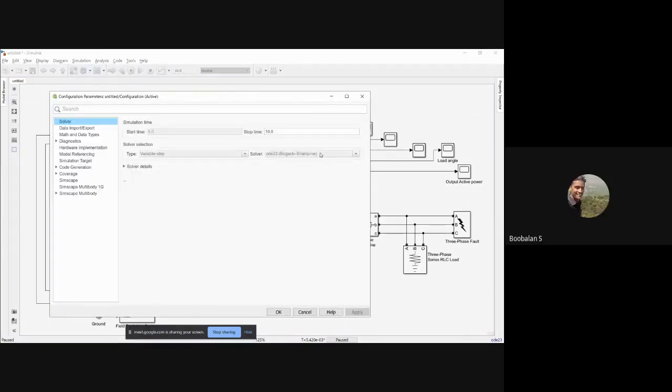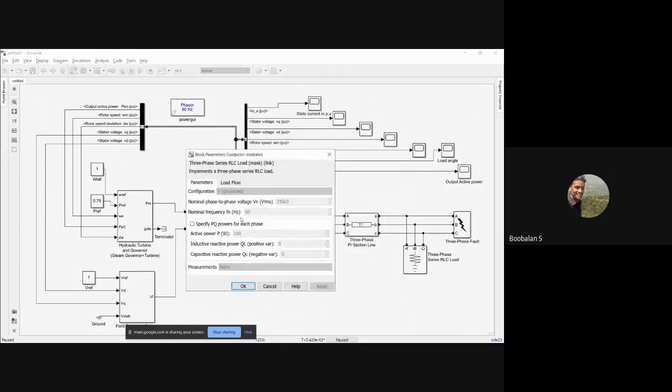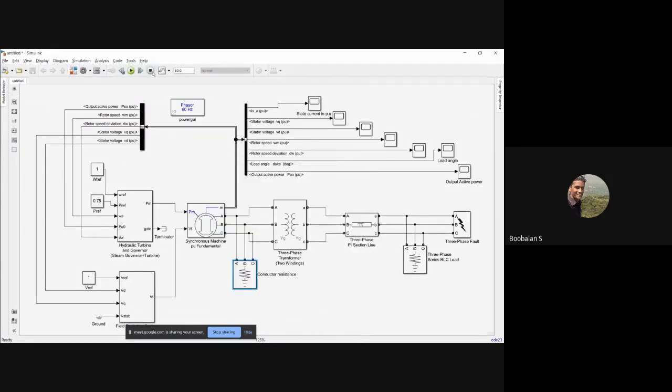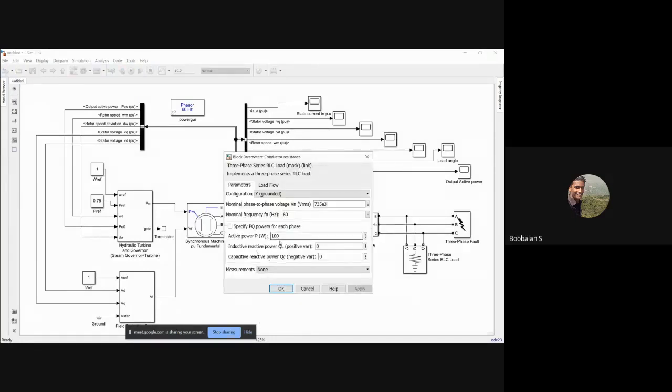Sir, what conductor resistance did you give? I have chosen about 100, I'm choosing 100. You could choose a different value, right?